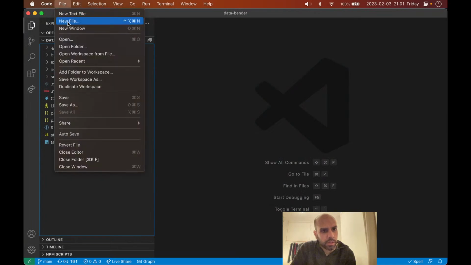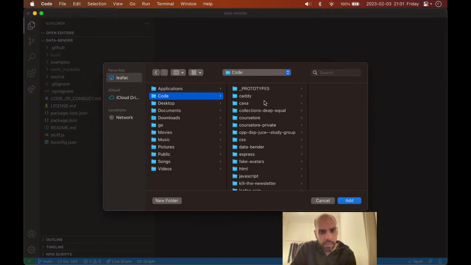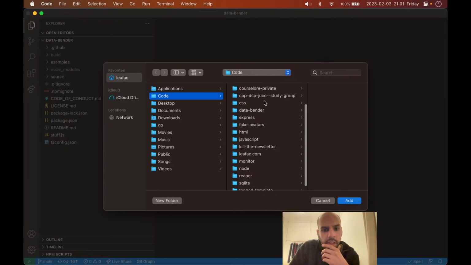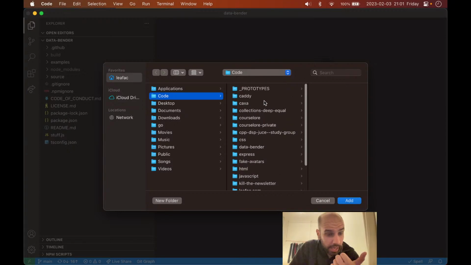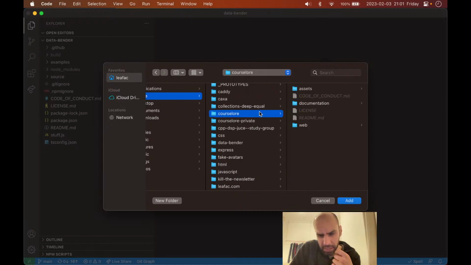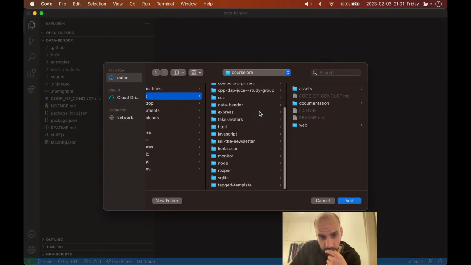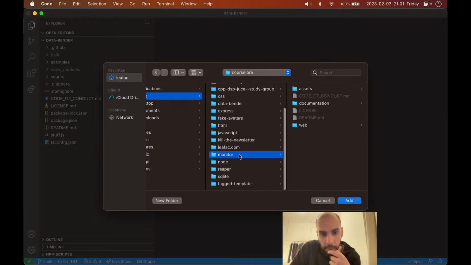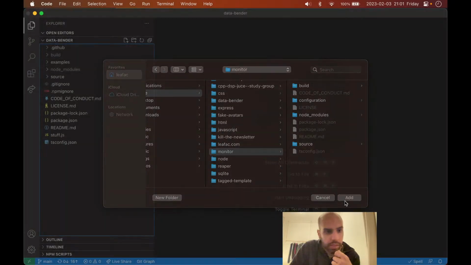Not that. Open, add folder to workspace. Let's find another project I have that is a binary and that is packaged in pretty much the same way. So we do have course lore, but that is a big project. We may have more stuff than we need. Monitor is a good one. Yeah, I think I'm going to do that. I'm going to follow the